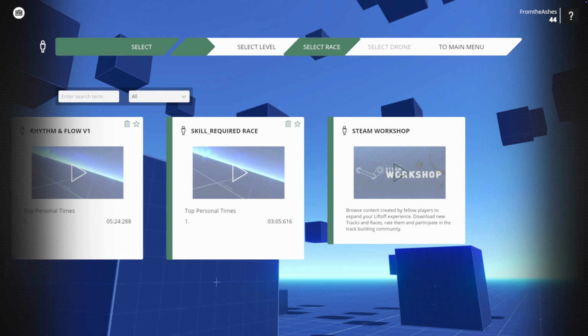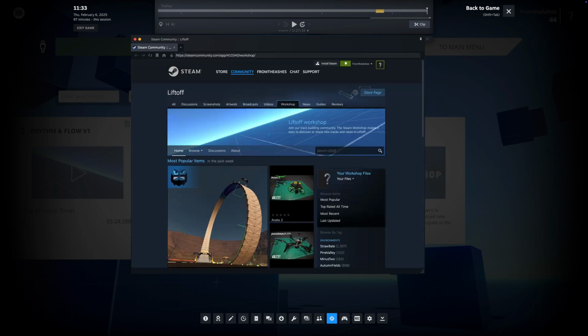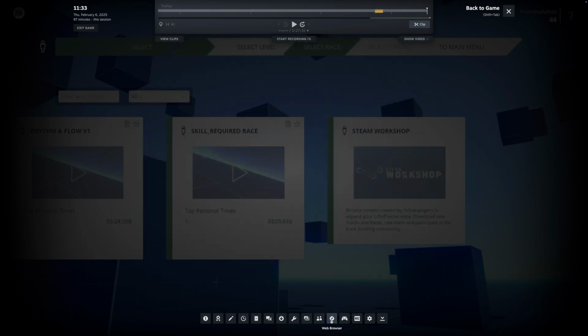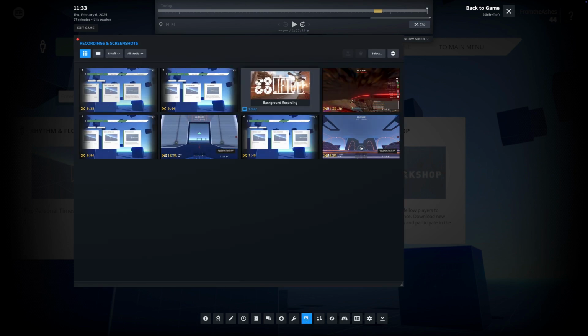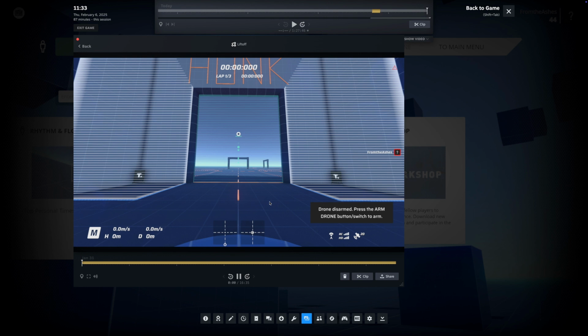So you've done those recordings. To get those out of here, you just come back into Steam Workshop. We've closed this window, we don't need this, and we'll click on this window, which is your recordings and screenshots. And then you can come into here, view your clips, and then you can click on one, you go down to the share button in the corner here,